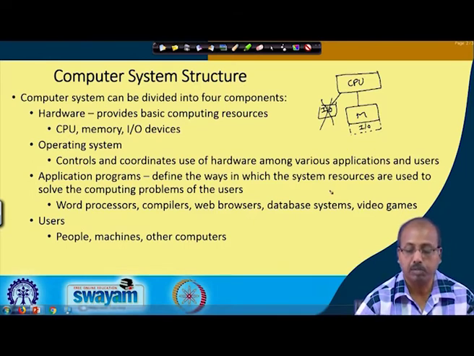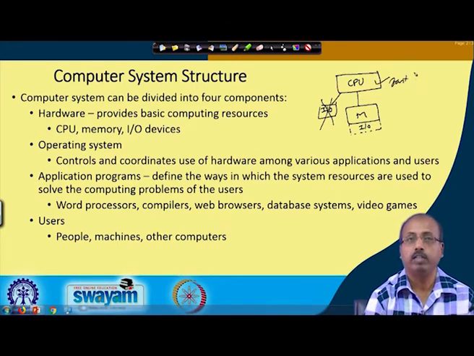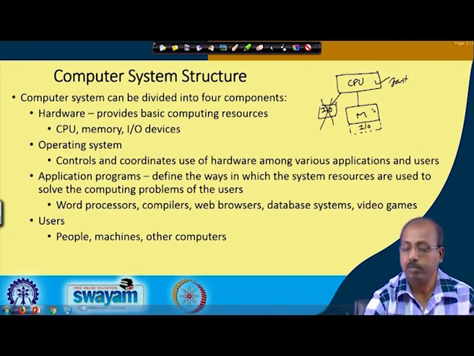So, this entire thing is the hardware. Out of this, the CPU is very fast. In a computer system, the CPU is the fastest unit that you have. Then comes the memory part. As we may be familiar, memory can be divided into the main memory and secondary memory. This main memory is